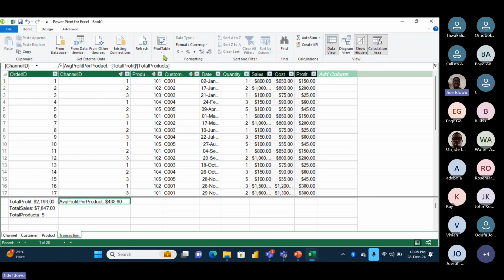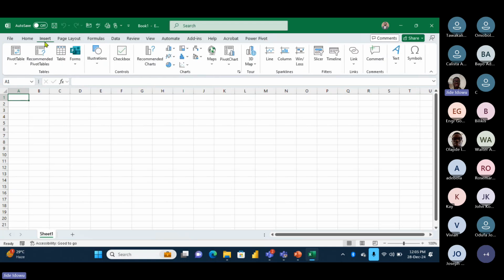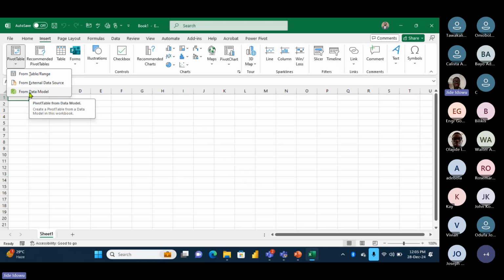We then need to create a report, right? So you can see that there's a pivot table here. If I drop down this pivot table, I can just go straight to pivot table. If I close this, for instance, don't worry, it's still there. And I come to this same area. If I want to create a pivot table within this, I go to insert, and I come to pivot table. I'm not creating the pivot table from a range, but I'm picking it from data model,